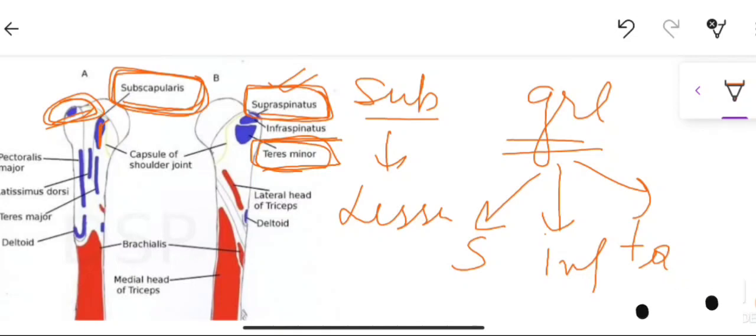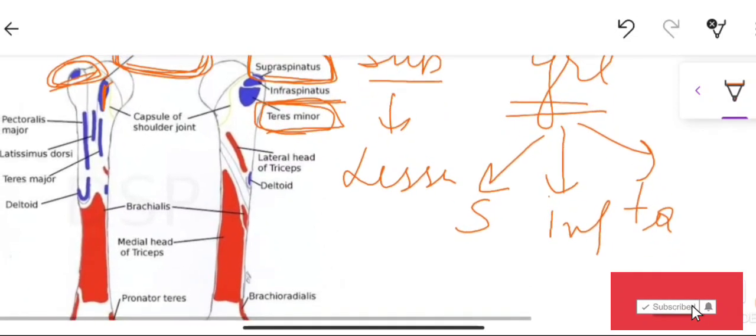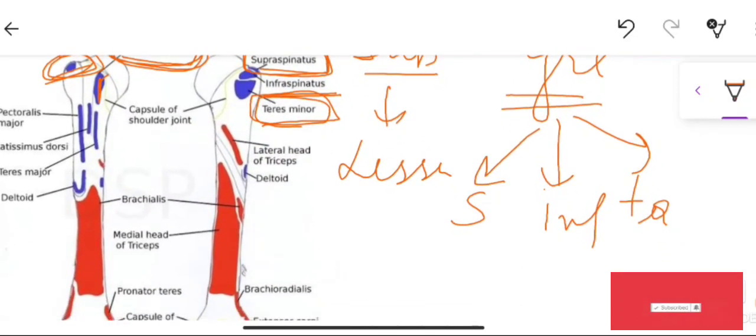So we have talked about four muscles attached to humerus bone. First on lesser tubercle, then on greater tubercle. Greater tubercle they have three muscles inserted. So this will make it easy to remember all the muscles attached and where the muscles are attached on the bone. So now we have four muscles. Now we will look forward.